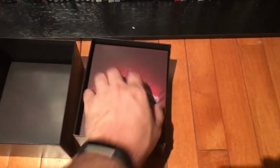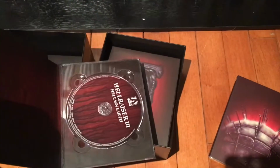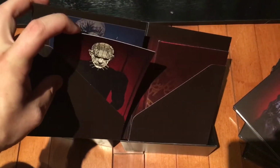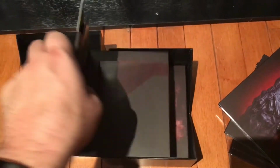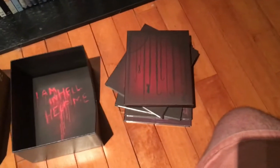All right, guys, so when we break into this box, the first 3 discs are Hellraiser 1, Hellraiser Part 2, and Hellraiser Part 3, Hell on Earth. Great. Then you have a bonus disc here. You've got Documents of Blood here, which is all these character cards and a poster and some really cool extras for your collection. And then the biggest highlight of this whole set is this booklet here. It's called, take a look at this,